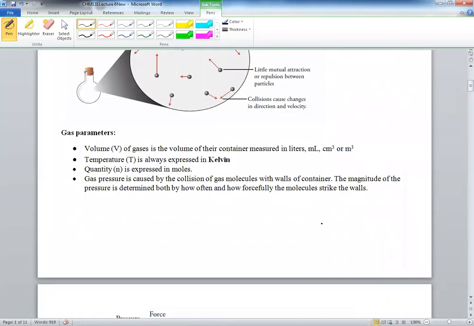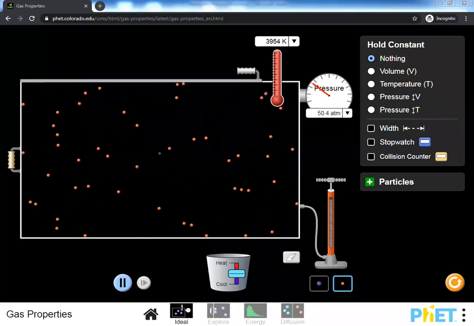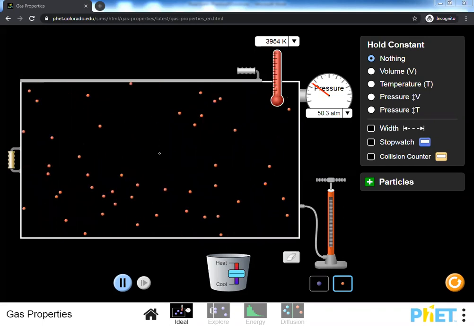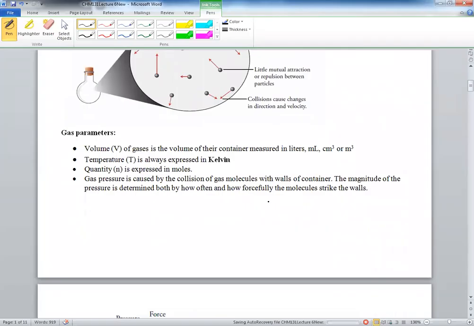For gas parameters, there are 4 of them you have to keep in mind. We always talk about volume, and it's the volume of the container. That's V. Temperature is in Kelvin. It cannot be used in calculations in Celsius. It has to be in Kelvin. And if you recall that equation, or if you don't remember it, K equals the degrees Celsius plus 273. So you always add 273. You cannot use Celsius or Fahrenheit. Moles, that's what n is. So if you have grams, you have to convert to moles. And finally,